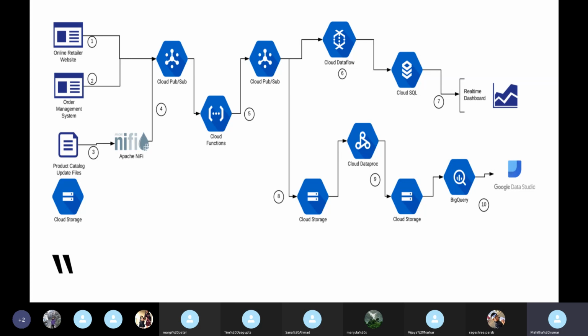The ability is greater in Dataproc: we can be cost effective, and according to the needs we can modify the timings, how many clusters we need, and how many nodes, because it is already utilizing the existing storage.